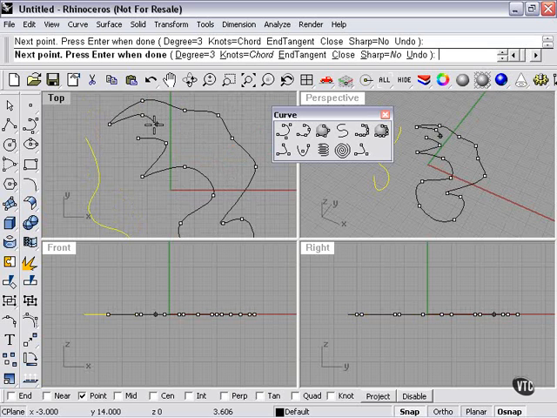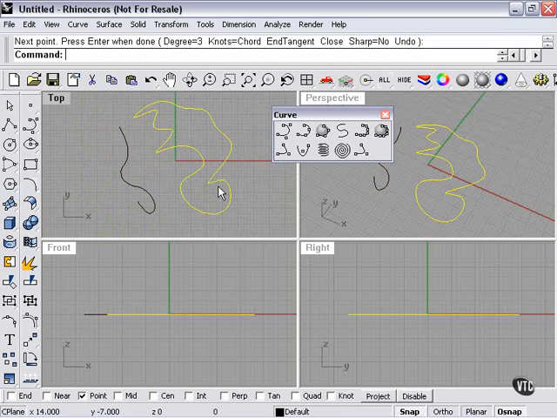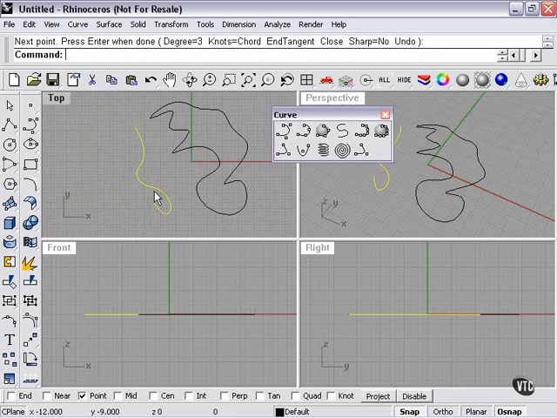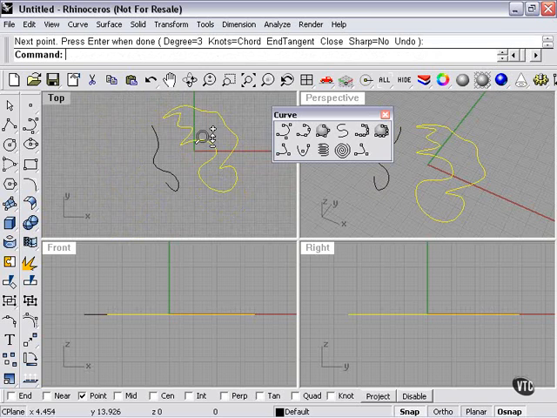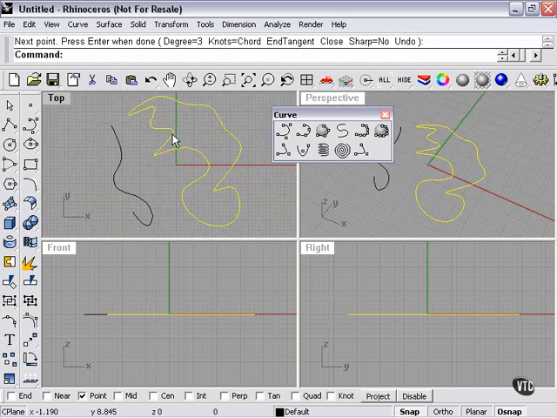If I bring my endpoint near my beginning point, it automatically tries to connect itself. Then if I left click, I have a closed curve. The difference between a closed curve and an open curve, you can see here, is pretty simple. An open curve has two unlinked ends, and the closed curve doesn't have any loose ends. It's in fact closed. A lot of the tools in Rhino will get pretty fussy about whether you're dealing with closed or open curves. For example, if I were to loft this curve,